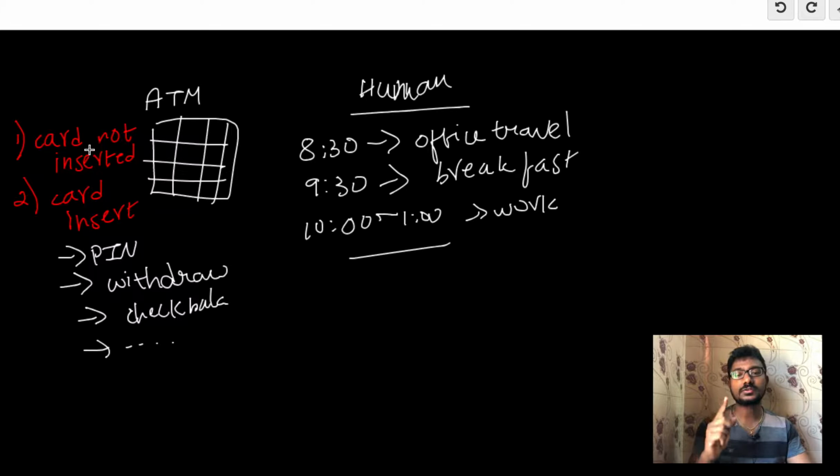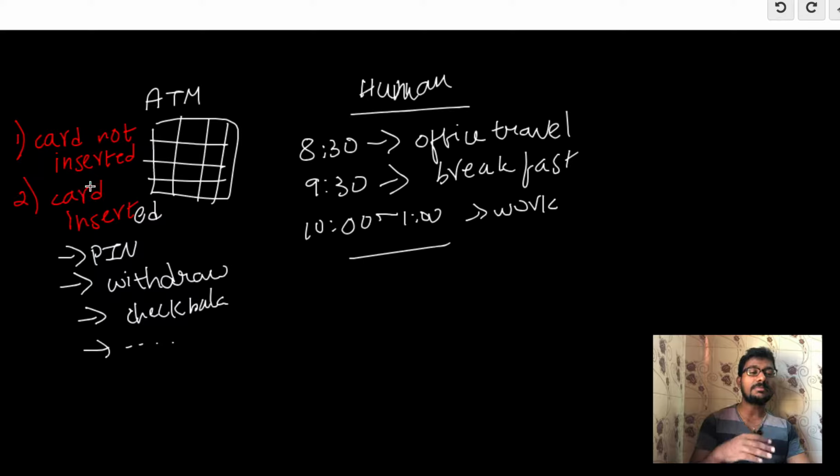If you are in the first state, if you haven't inserted your card into the ATM machine, then you could see only the advertisement and the promo videos on the ATM display screen. If you have inserted your card into the ATM machine, then it would ask you the PIN number. If you have entered your correct PIN number, then you could do the following tasks. For example, you could withdraw some amount, or you can check the balance, or you can do other things. So these two situations are considered as internal states: card not inserted and card inserted. So these are the two states.